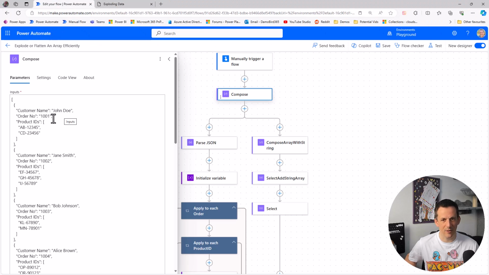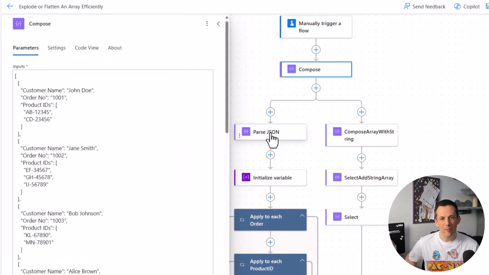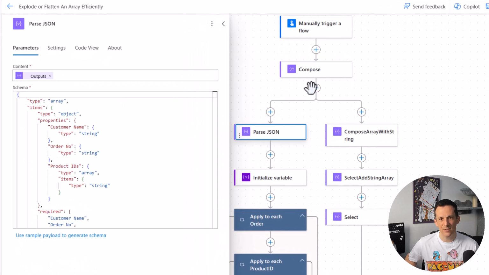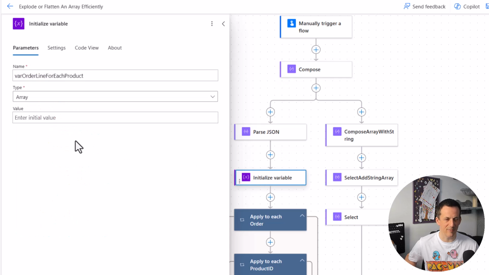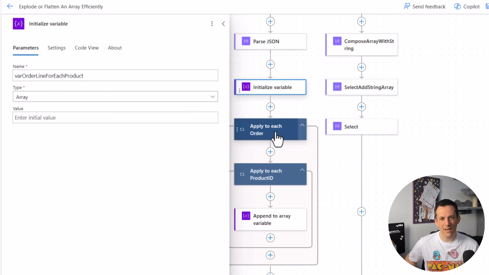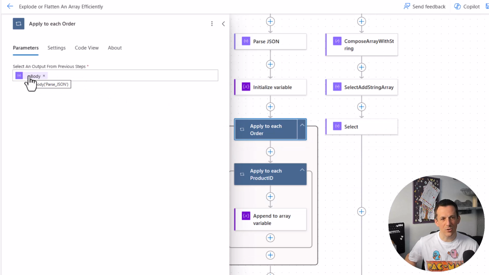It doesn't really matter, but I've made it a fixed data source at the moment and used a compose. For the purpose of the demo, I've used parse.json based on that data structure that's in the compose, and then I've initialized a variable, and I've called that order line for each product. Then in order to understand the apply to each, for each of the orders within the parse.json, in this case,